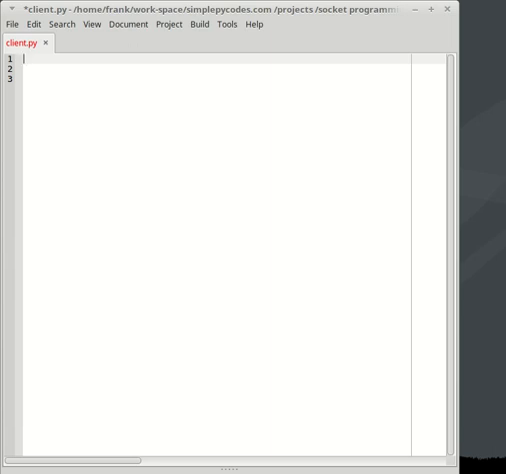Alright, then we continue, and here first we have to import the modules. Import socket, os and subprocess, and I'm going to create a main function, and I will add everything in the main function. Then define main,